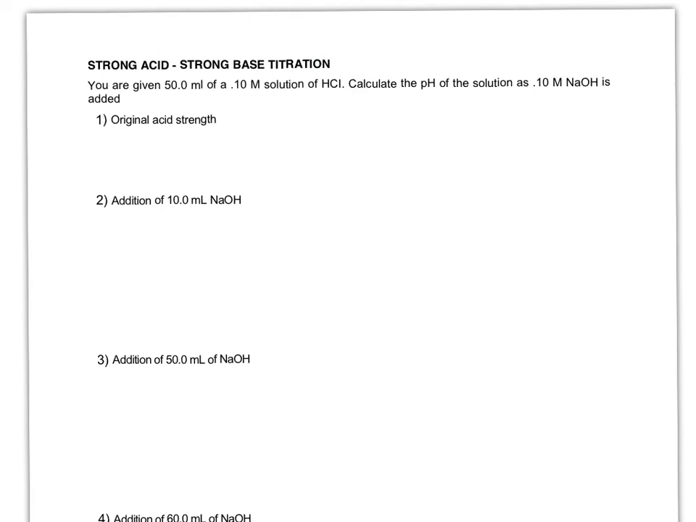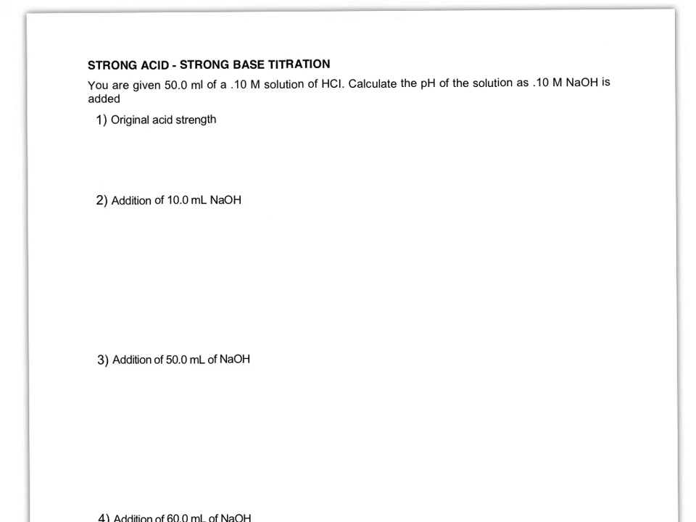So let's start our calculations. We're going to start with strong acid and strong base titrations. Those would be the easiest in terms of calculations, because we don't have any ice charts or any hydrolysis or anything like that. It's just straightforward. So I have 50 milliliters of 0.1 molar HCl, and I'm going to calculate the pH as 0.1 molar NaOH